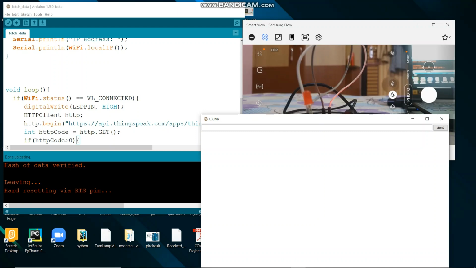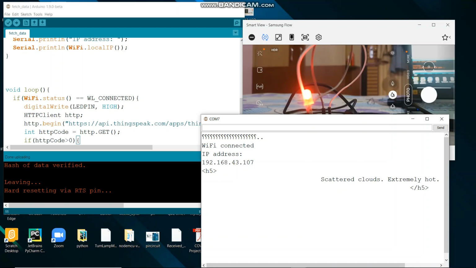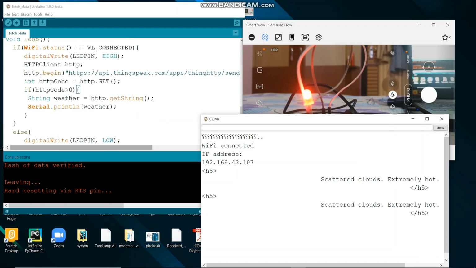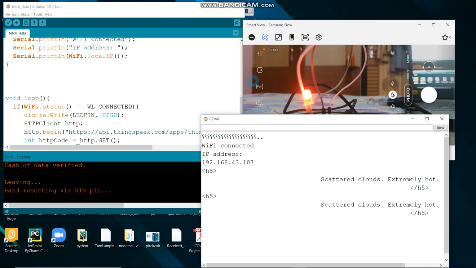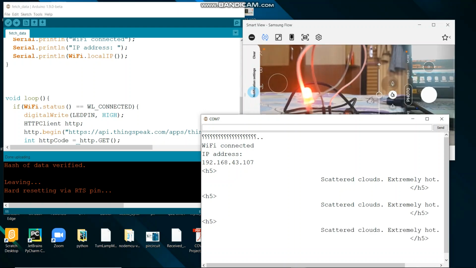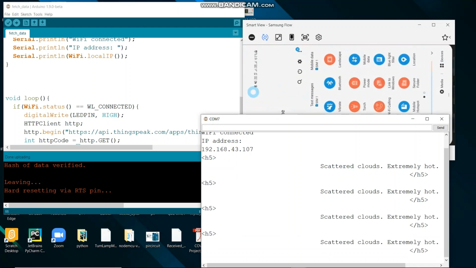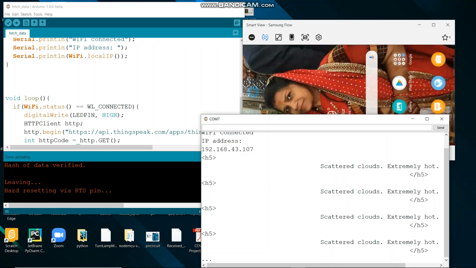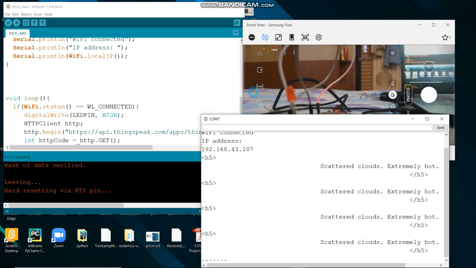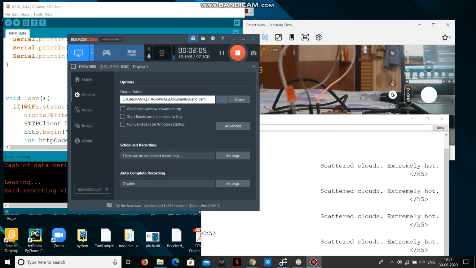As it uploads, it will connect to Wi-Fi. So Wi-Fi connected, LED glows, and you are getting the data. Yeah, so this is how you can get data easily. And if I disconnect my hotspot from here, then the Wi-Fi will be disconnected and you can see the LED has stopped and we are getting dot dot dot for the connection. So this is the tutorial for that.